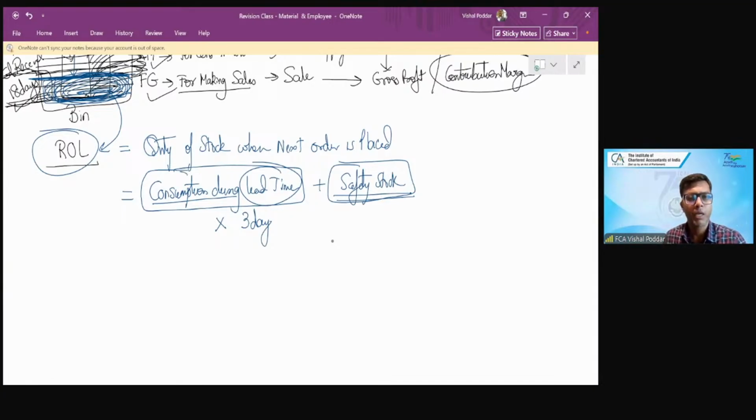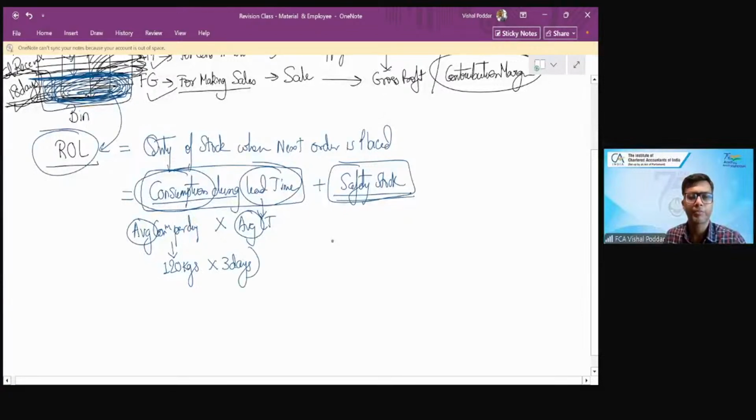Now, 3 days multiplied by, I want to find out how much quantity gets consumed every day. So I will find out my average consumption per day, because the average lead time given in the sum is 3 days. So the formula is average consumption per day into average lead time. Now, the word average can be substituted by normal. So instead of saying average, you can also say normal. So let us say my average consumption per day is 120 kgs of raw material and the average lead time